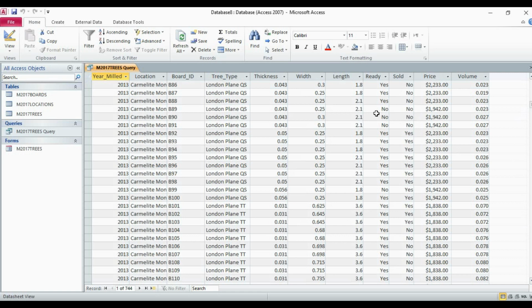So what we did right now is choose those records where the ready field value is only no and the sold field value is only yes. So once again let's do it.